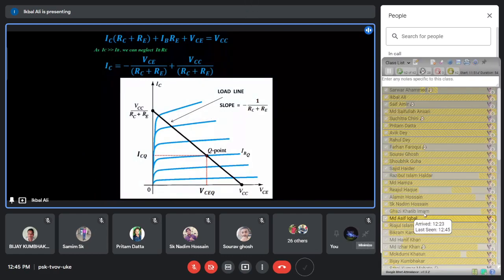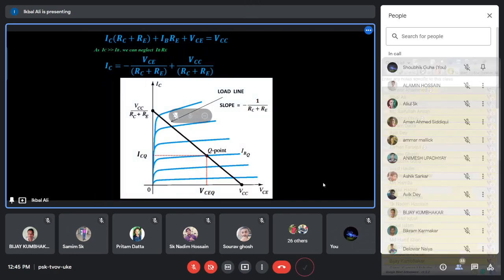Now the first equation, the equation at the top, can be rearranged as at the bottom, where IC is usually very much greater than IB. You know this fact that collector current is usually much larger than the base current. The base current is very small, of microampere order, whereas the collector current is of milliampere order. Between base and collector you have the transistor amplification, and that is why these current magnitudes are different.